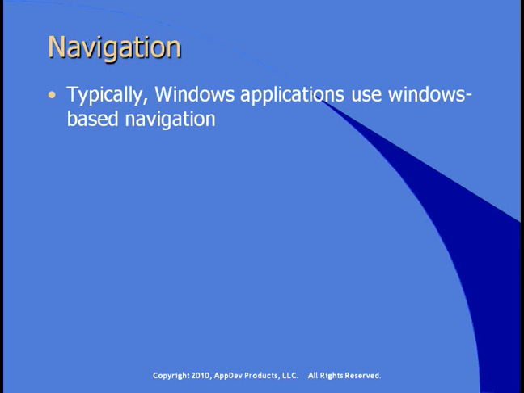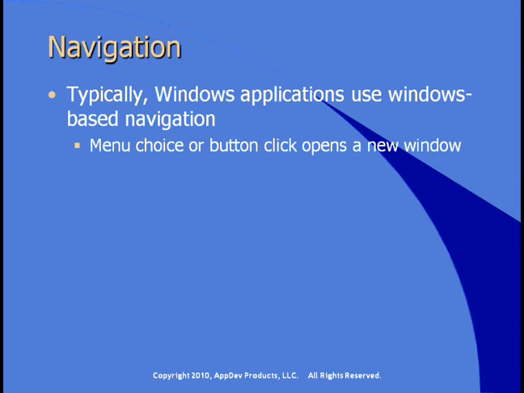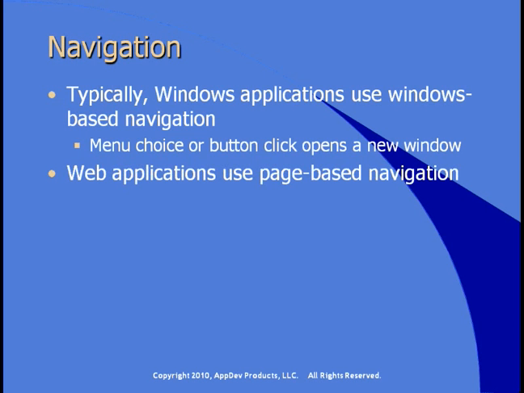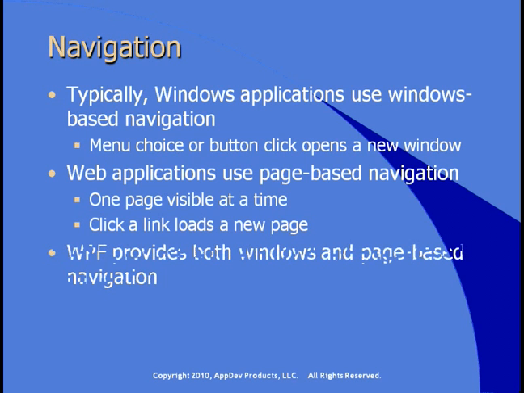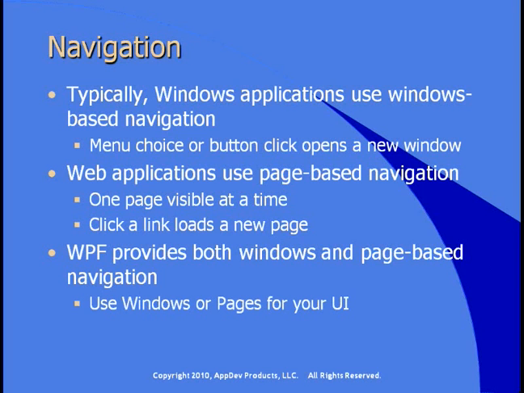Typically, Windows applications use Windows-based navigation. So when the user makes a menu choice or clicks a button, you open a new window. Web applications, in contrast, use page-based navigation. One page is visible at a time, and the user clicks a link and that loads a new page in the browser. WPF provides both Windows and page-based navigation, so you can decide whether to use Windows or Pages for